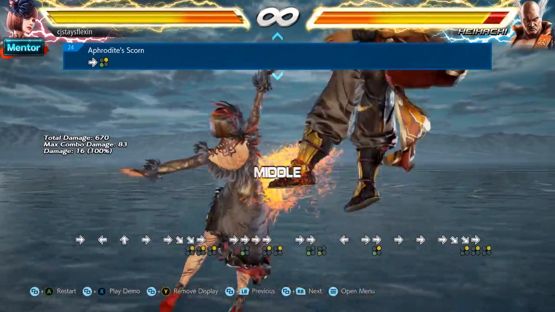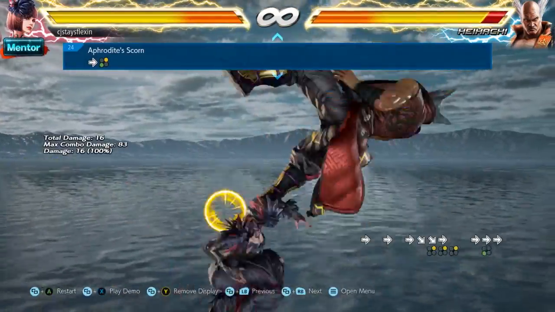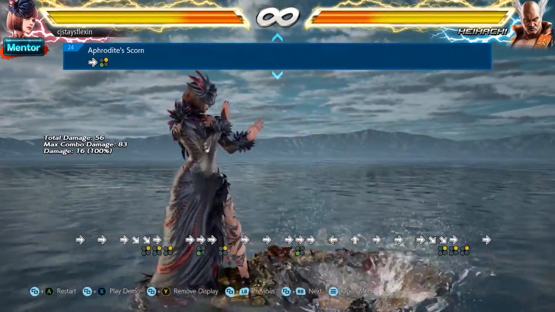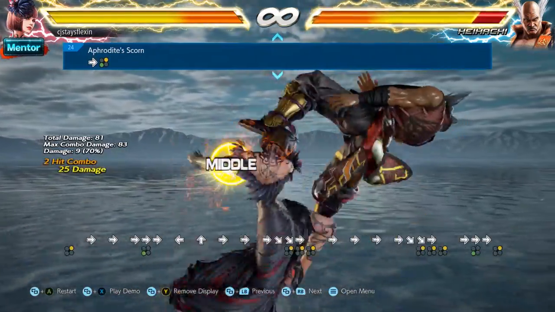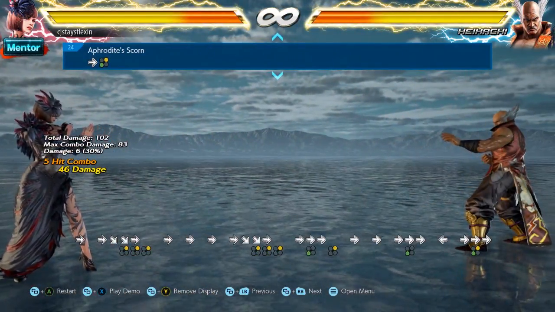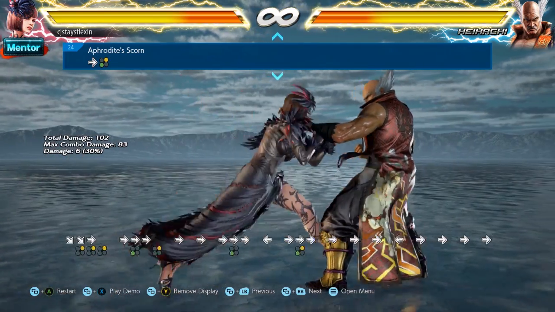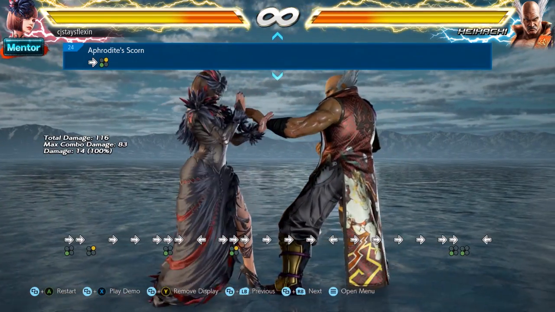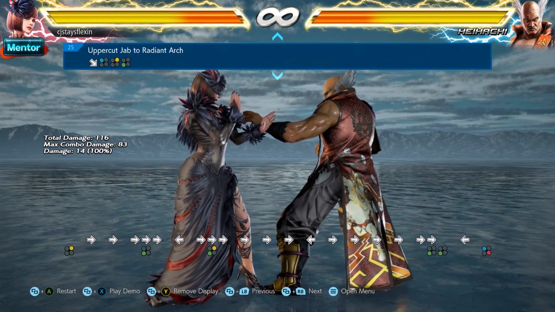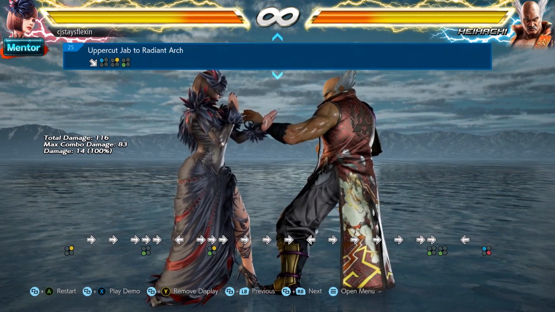Bam. I mean, I'm not doing it right. Hold on. Lord, I can't get it out. Like that, for example. This lets you know it's very hard to go into this transition to finish a combo. It's not easy at all. So if you want to work on that...